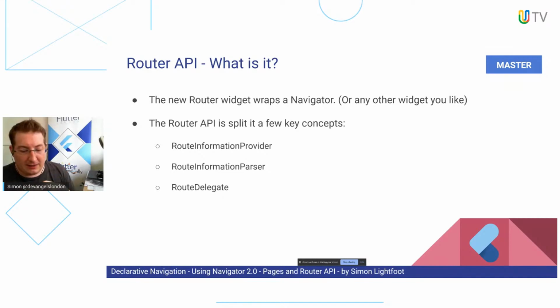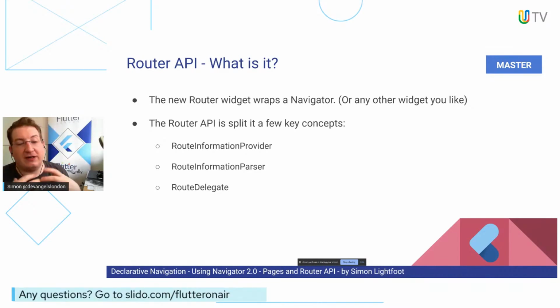Like a custom painter or one of the other things, like a custom multi-channel layout, you provide a delegate, which provides the callbacks and functionality that the router needs to perform its base set of logic. So the reason why the original Navigator 2.0 ticket has been closed is that they've provided all the necessary functionality to use the new Navigator API now in the master branch. However, what we're missing right now, and they've opened up a new ticket linked to the old one, is some interesting implementations of the route delegate.